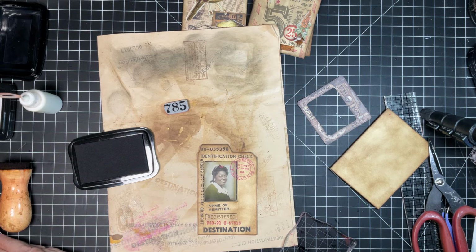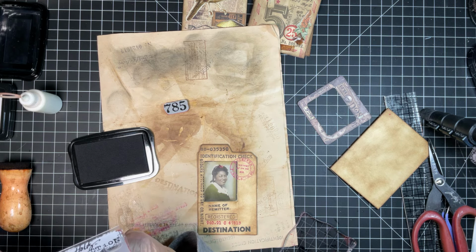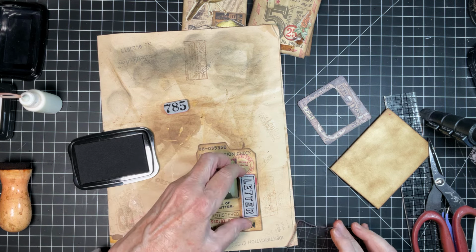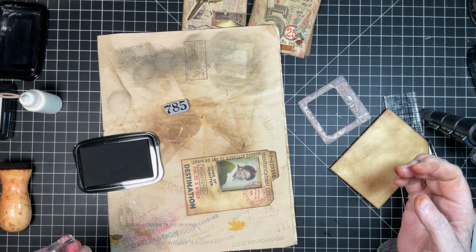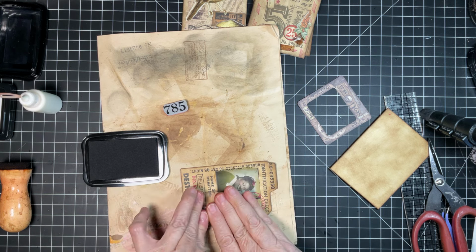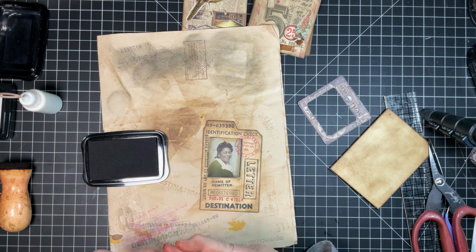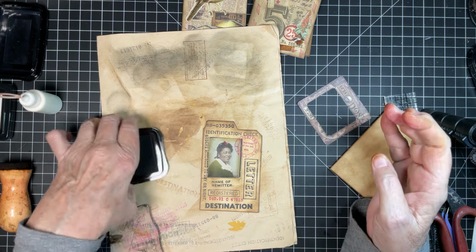Okay, then do we want the number? Do we want something that's kind of official looking? We could. I like something really bold, and look at how well that fits. Let's turn this. Love that. Okay, I don't think we're going to use the big letter. These letters here are numbers. Sorry. Okay, let's see. Get this straight. Yes. Okay, so I'm going to put this away. That looks great. I love her. Love her, love her. We can use the big numbers if we want on the,